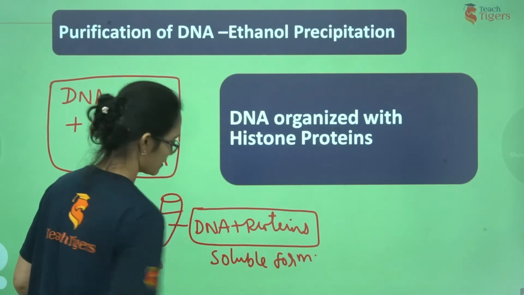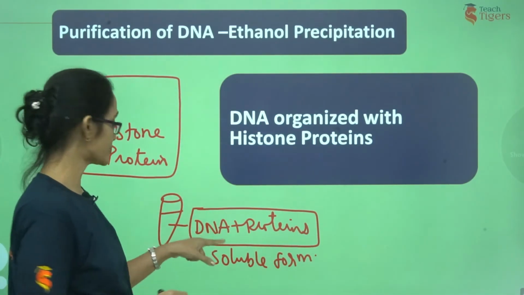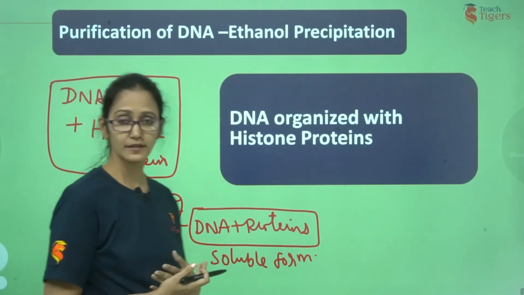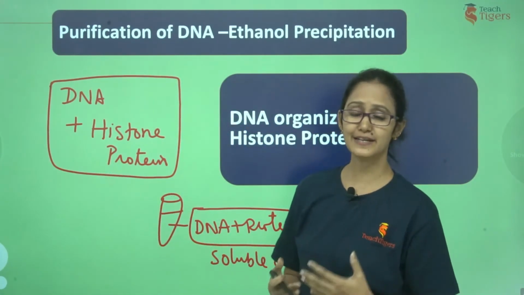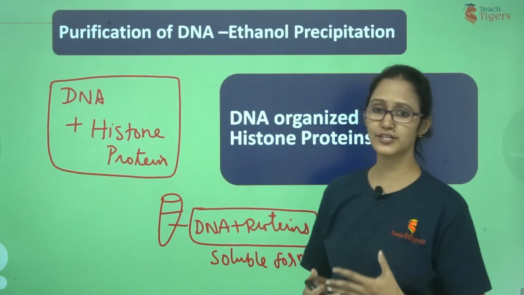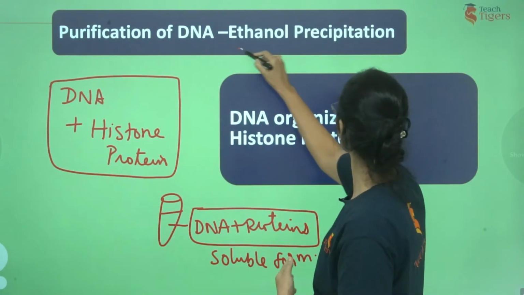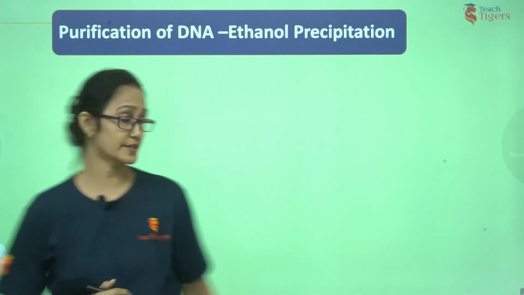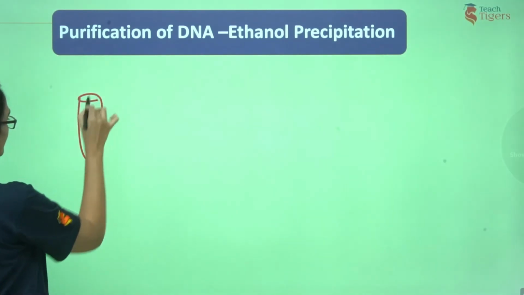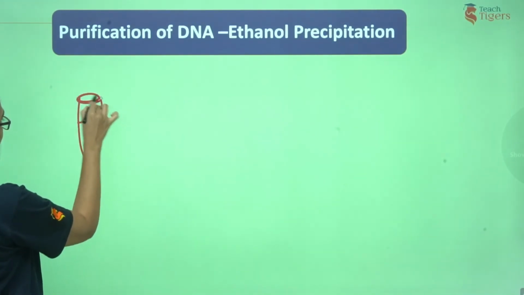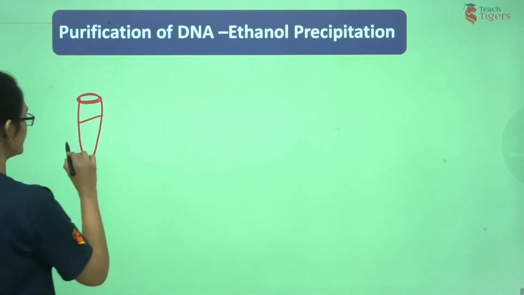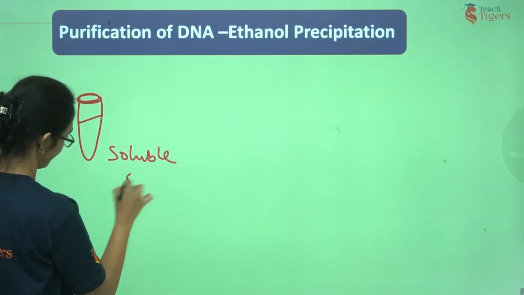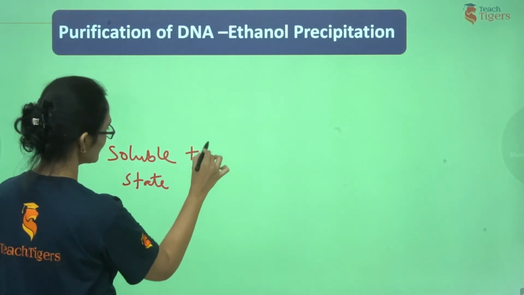In the next step, we are going to add chilled ethanol to this solution, and we are converting the DNA into insoluble form, right? The process by which the soluble DNA is converted to insoluble form by addition of chilled ethanol is called ethanol precipitation. So as you can see here, this is the cell extract with which we are working. Once we removed all the major contaminants, we find the DNA in its soluble state. But once you add chilled ethanol to this,